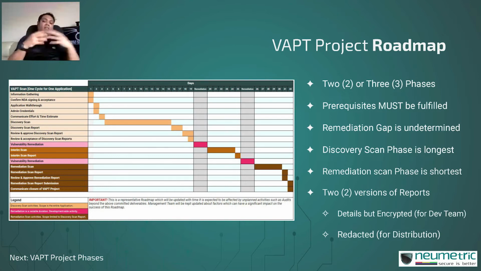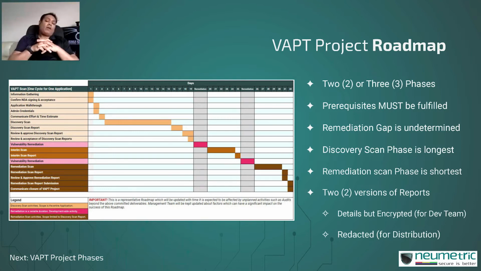Next is the discovery scan phase, which is naturally the longest. It involves automated scanning, manual intervention, penetration testing. There are a whole lot of things that are going on. So you can see that the typical ratio between the interim and the final scan versus the discovery scan is 1:2, which is if your discovery scan is X number of days, typically you will end up taking only half the time for your remediation scan.